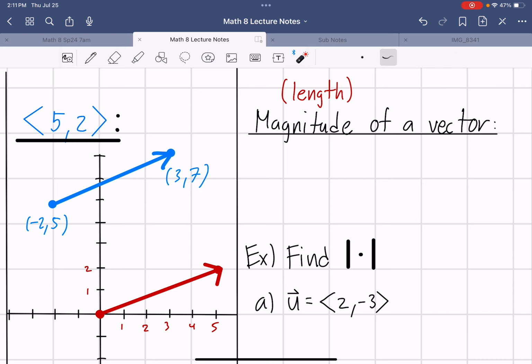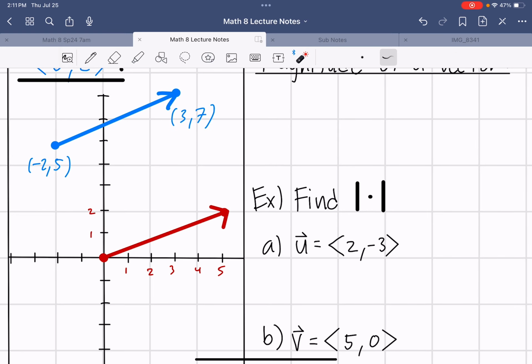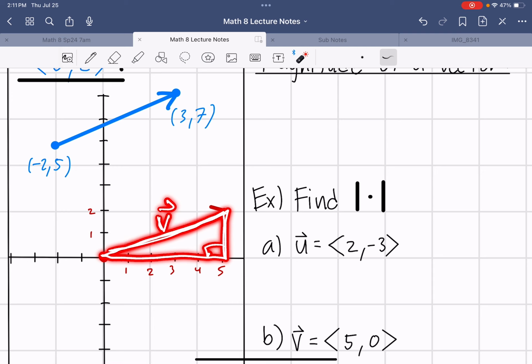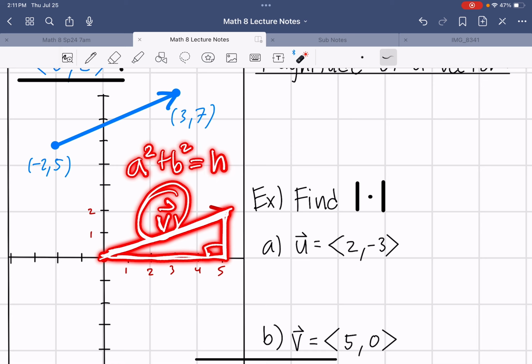Now, something that we can pull from our previous section is, if you look at this representation vector, it sure looks like a right triangle, right? And the magnitude of this vector is the length of it, which, if you look at this right triangle, just looks like the hypotenuse. So how would I find the length? Well, we have to remember a squared plus b squared equals the hypotenuse squared, which I can find the hypotenuse by just doing the square root